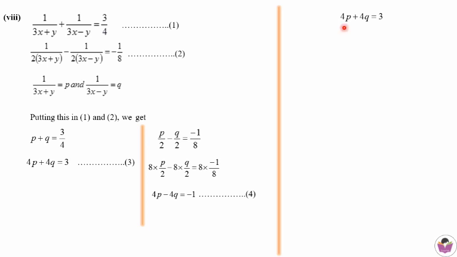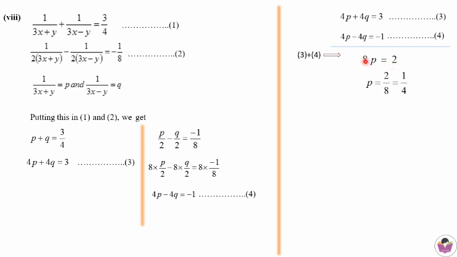Now rewrite these equations again, that is 4p plus 4q is equal to 3, that is equation number 3, and 4p minus 4q is equal to minus 1, label it as equation number 4. I am just rewriting these two equations. Then we have to go for solving. When you add, 4q minus 4q cancels, just simply adding is enough. So 4p plus 4p, that is 8p is equal to 3 minus 1, that is equal to 2,